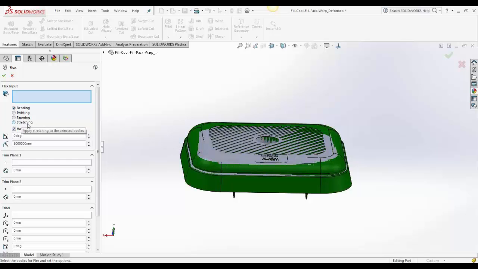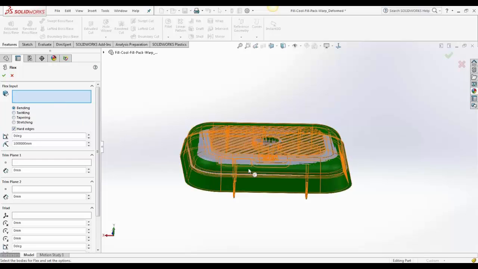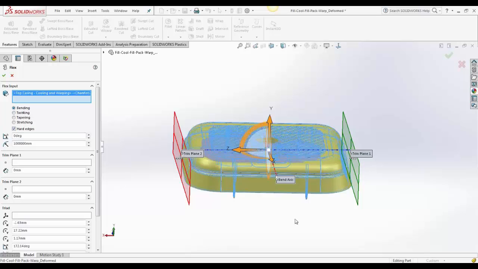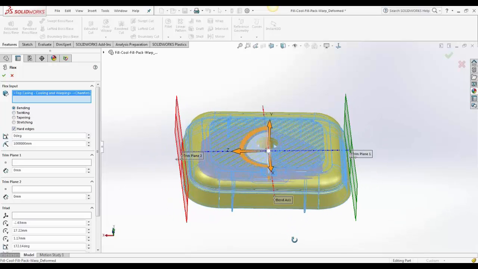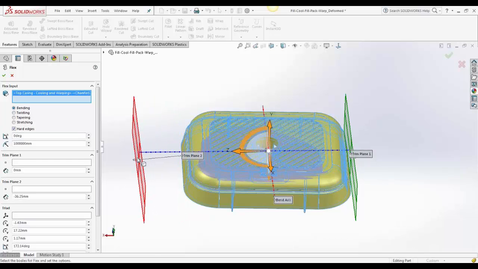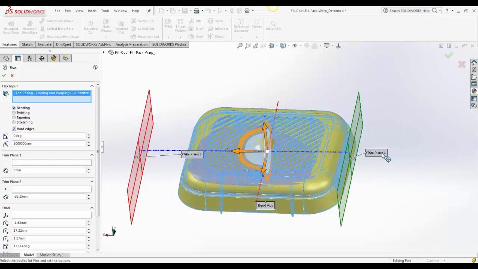In those cases you can actually use stretch. You can stretch your part out. So for this case I think the bending is going to be a good option. So I'm going to pick the part, and what I'll do here is I'm actually going to pull this out a little bit more so I have more control over my bend,